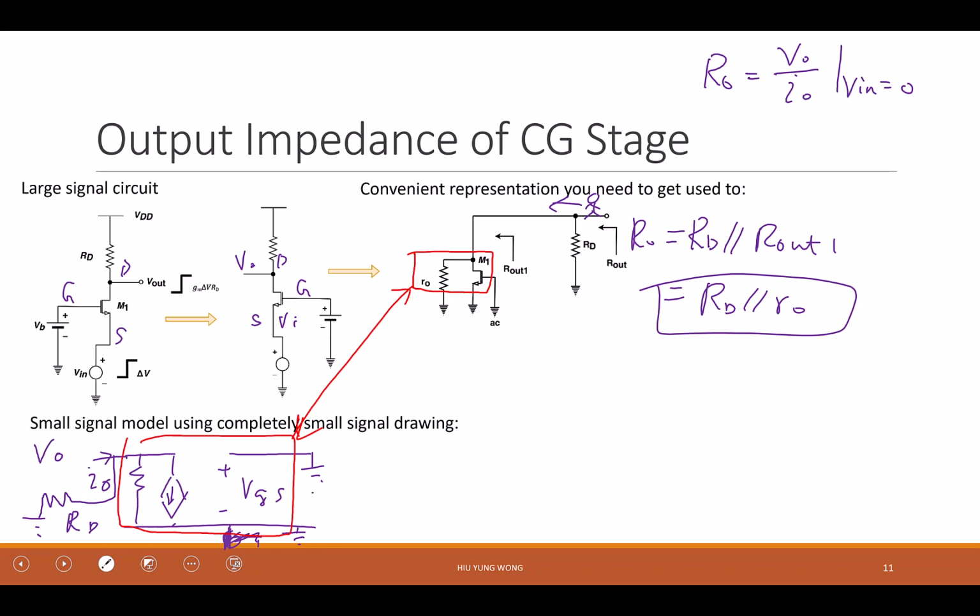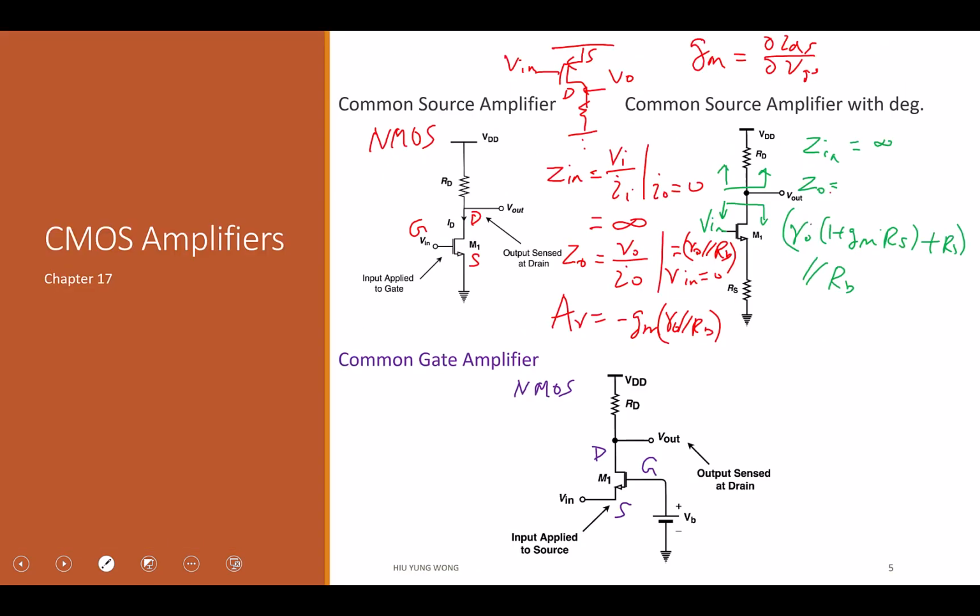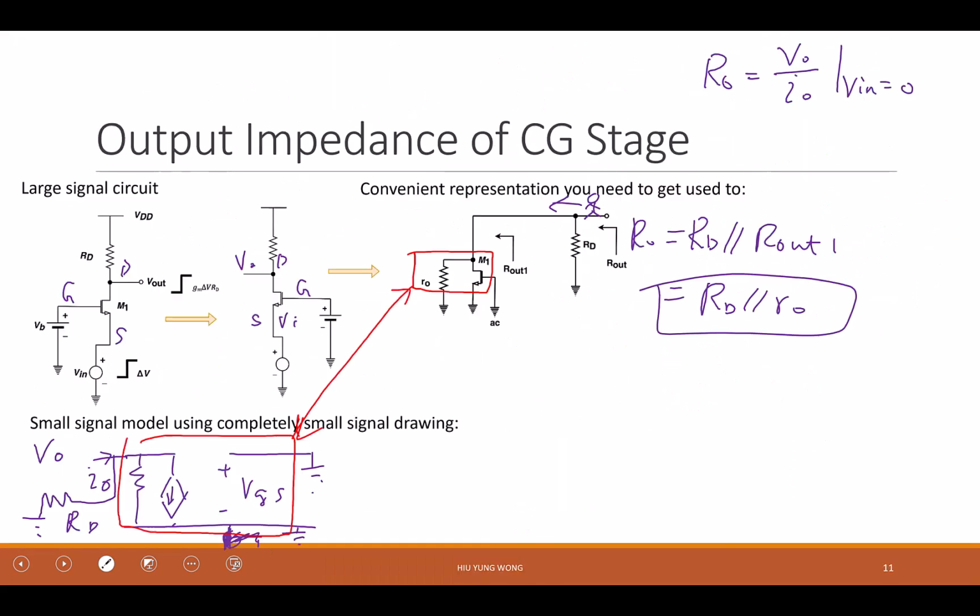Is this okay? This R0 is just like what we discussed in the common source earlier. We keep talking about this R0 going down, right? Remember? Where the gate and source are grounded. You cannot do that for common source with degeneration because the source is not grounded. And we solve the small signal, you get this one. Okay? So I don't need to do anything. I get RD parallel R0 already. Any questions? Now we